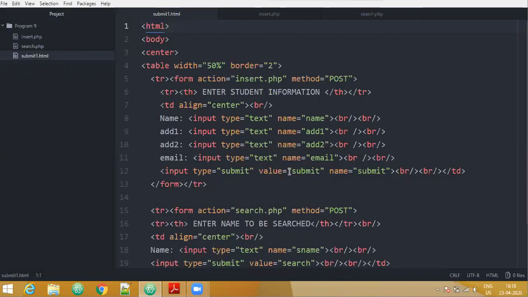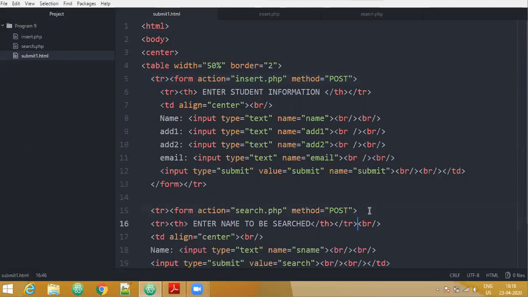The value given to it is submit and also the name is specified as submit. So when the user clicks, it indicates that it has to be inserted in the database. We end our TD column here, we end the form and we also close this TR tag. This is for creation of the 4 text boxes.